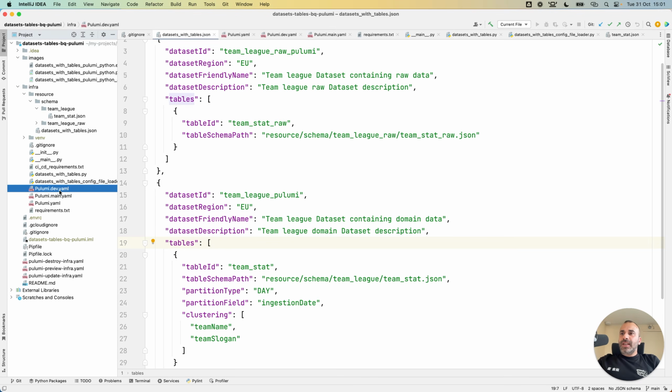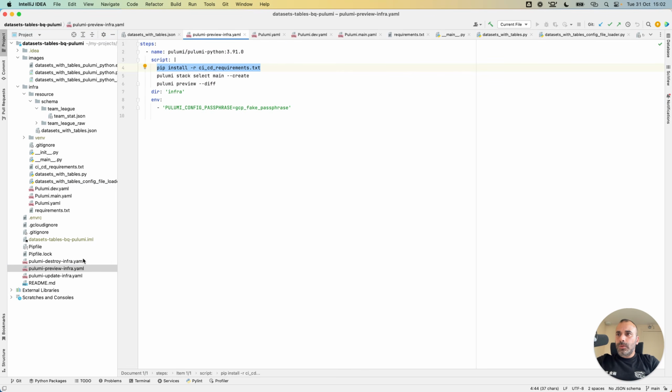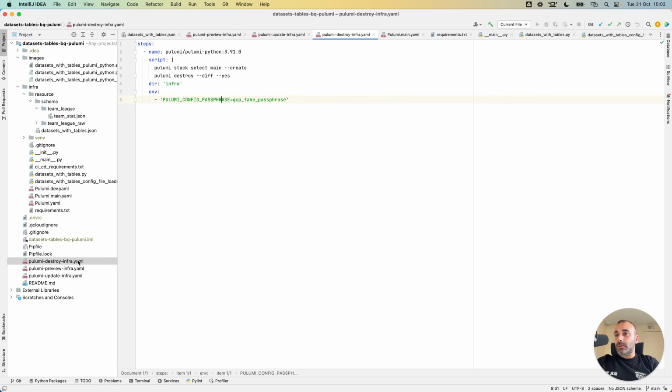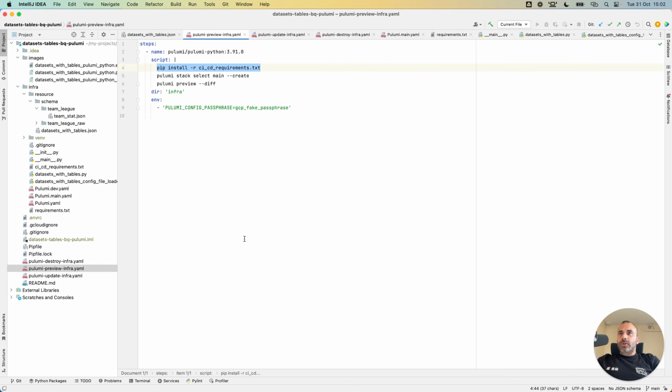I will do the same here from Cloud Build and the CI tool. I will jump on my three Cloud Build YAML files and Cloud Build jobs. I created three files: one for preview, the second for update, and the last for the destroy. If I go to the preview,